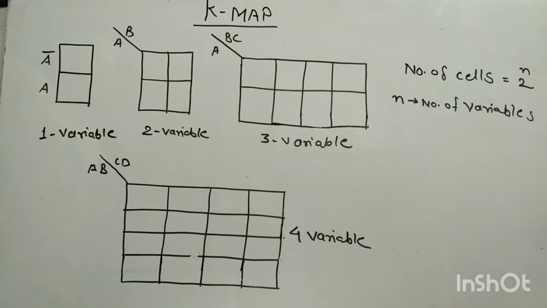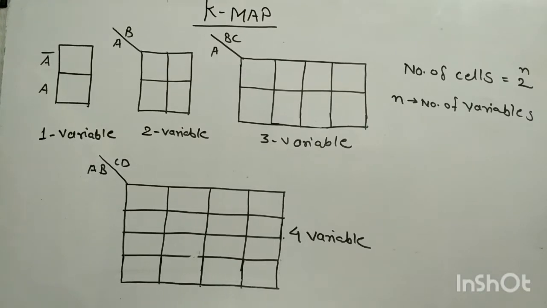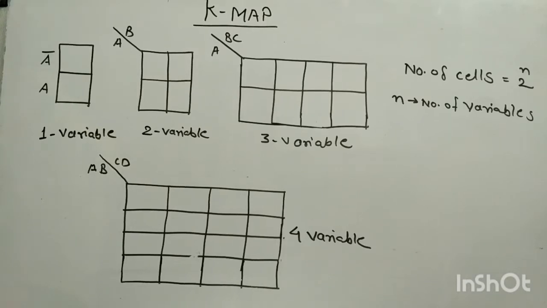Today I am going to discuss the Karnaugh map or K-map. The K-map is basically a graphical method and a systematic approach to solve Boolean expressions. This method was originally proposed by someone else and modified by Karnaugh, and therefore it is named a K-map. The basis of the K-map is a graphical chart which consists of a number of boxes, which are also called cells.